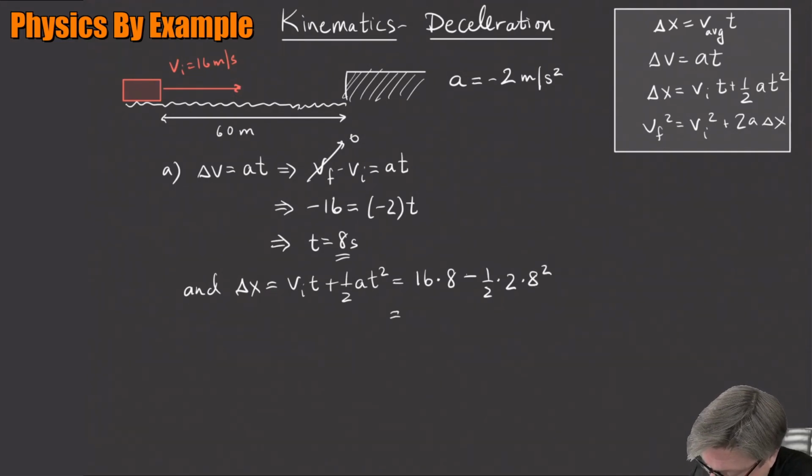All right, let's see what all that is. 16 times 8, that looks like 128. And then this 8 squared, what is that? 64, right? Half times 2 is 1. So it's 128 minus 64, or